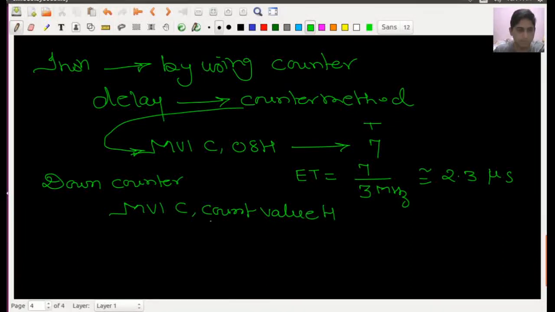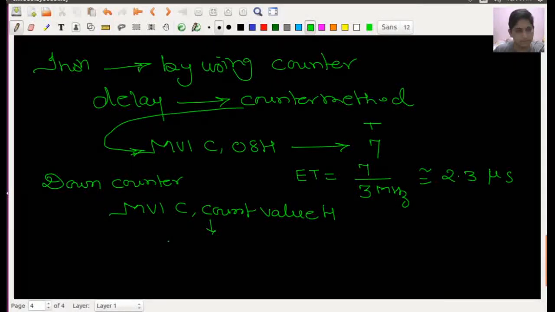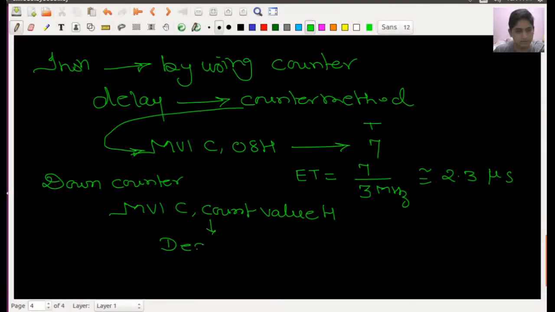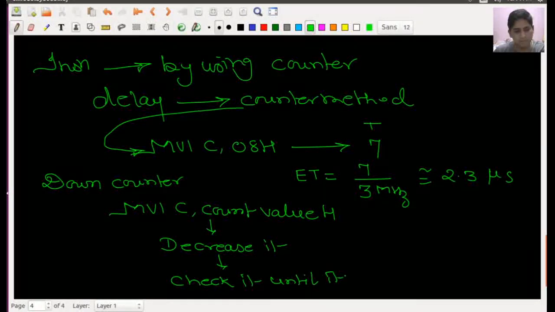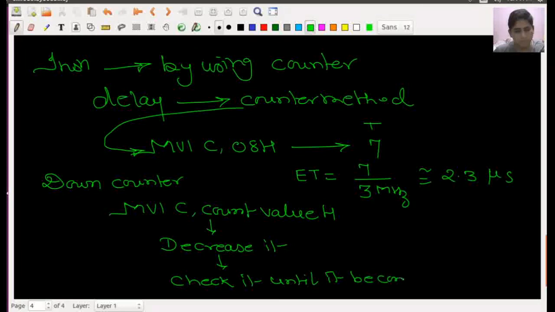Then the next step says decrease it. The next step says check it until it becomes 0.